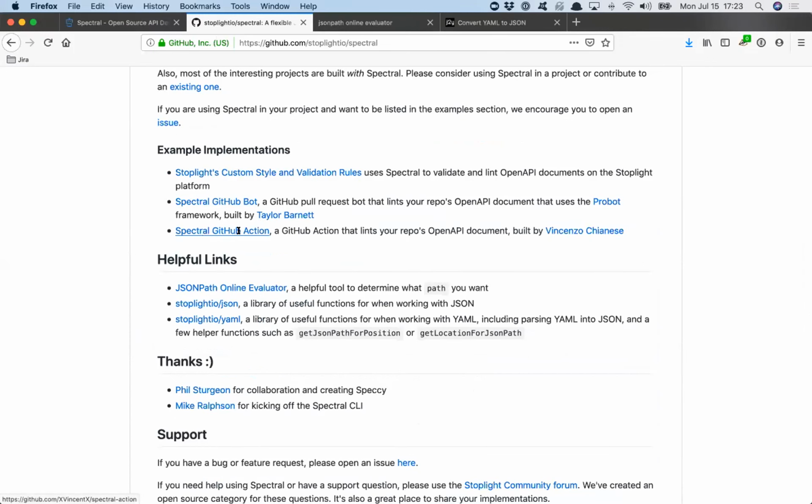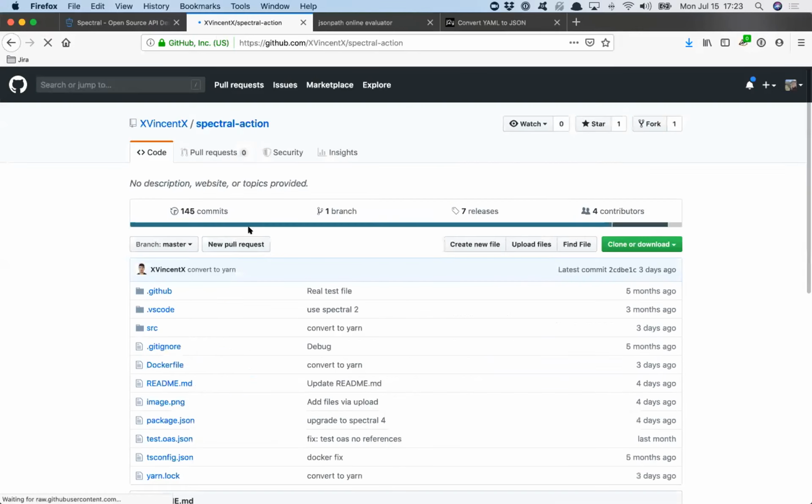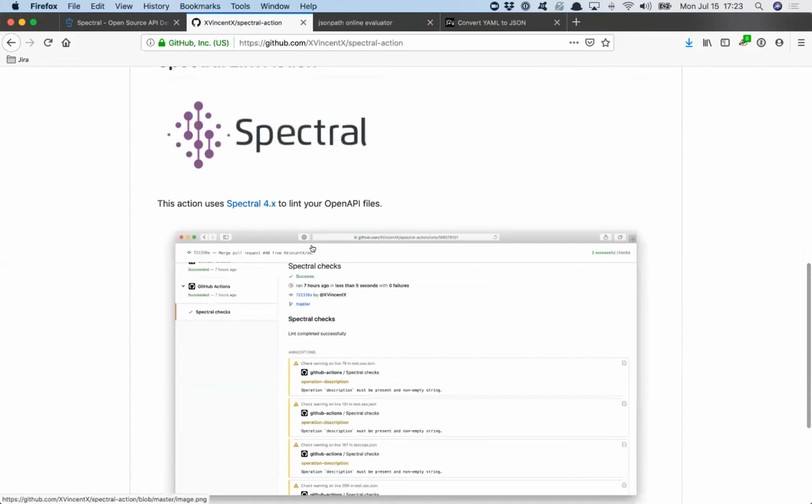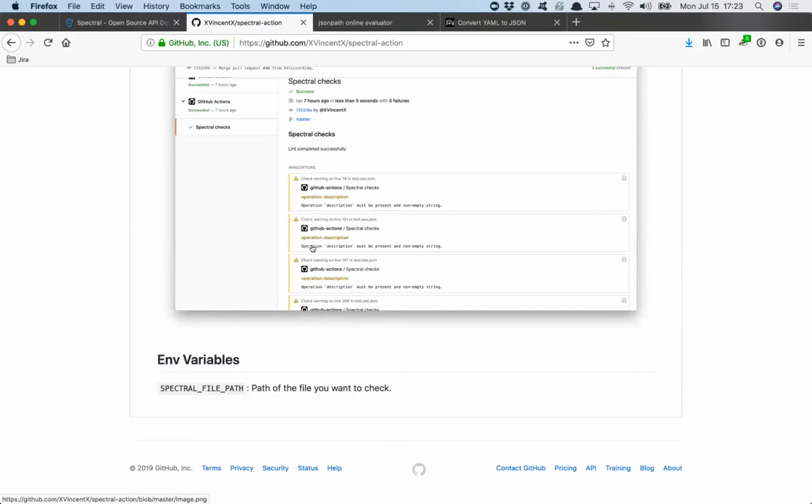Vincenzo, one of the developers who puts a lot of work into Spectral here at Stoplight, has created a GitHub action. And so the easiest way to set it up is to work with the Spectral action. So we're going to put a little bit more work into this to make it easier. But seeing as it's a CLI tool, you can literally just npm install Stoplight/Spectral and then just run it. You just make it a step, just like you would run PHPUnit or whatever test suite you have. You just treat this like another test suite and you just run it against your specs.